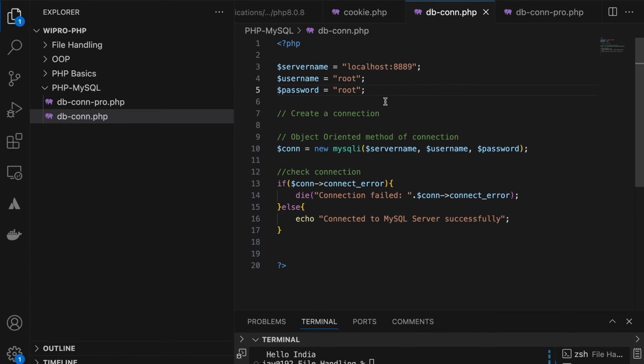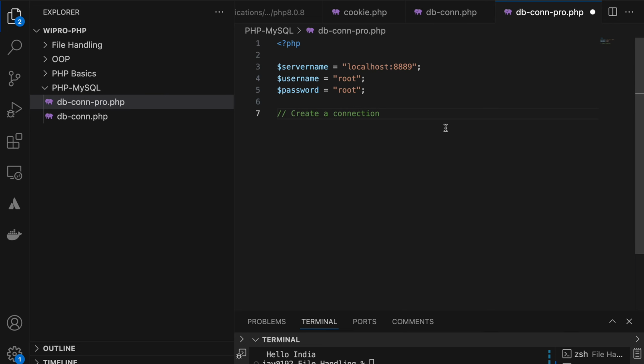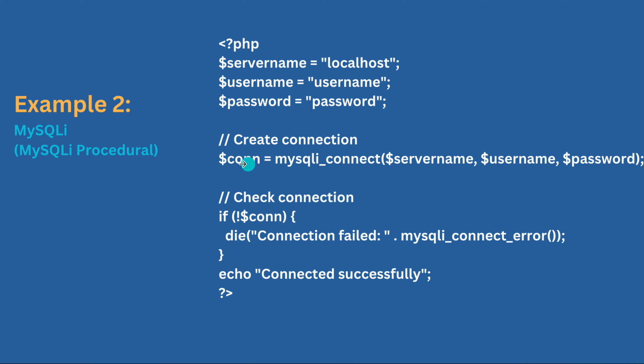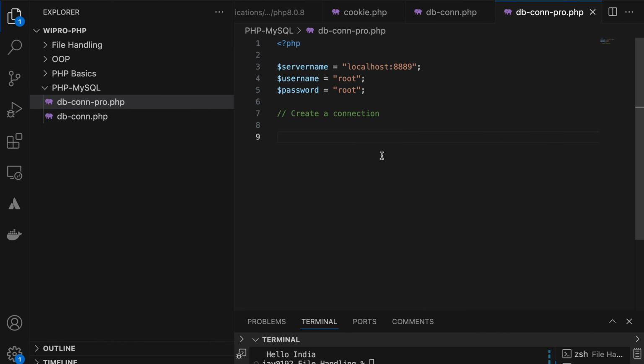Here I will have the same information, but the method of connection will change a little. Just mysqli_connect. $con equal to mysqli_connect, and then I am supplying server name, then username, then password. Clear?